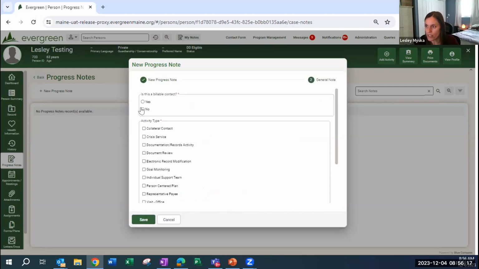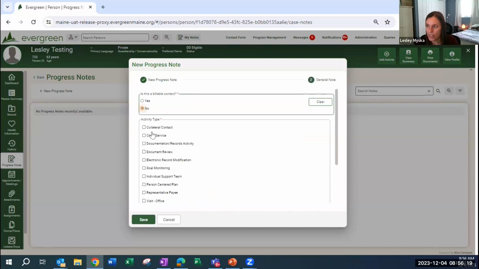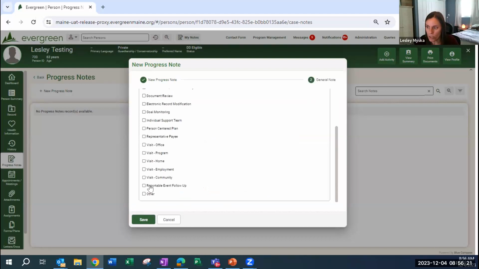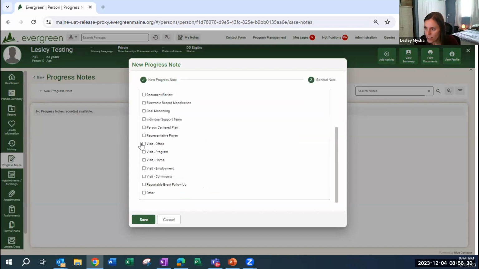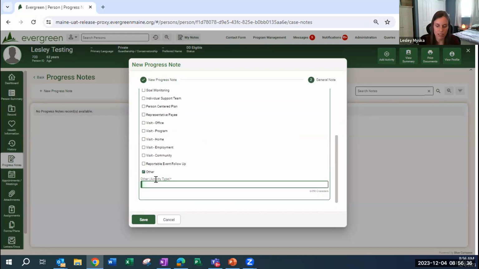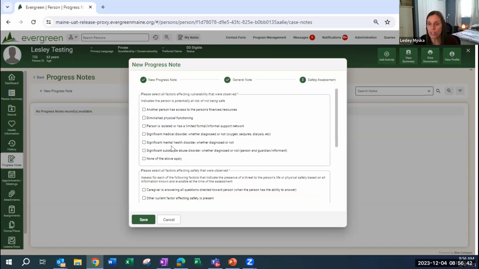You can say whether it's billable or not. You can indicate what you were doing there. You can call this a visit. Actually, we'll call it other, and we'll call it the intake assessment. And then you can save, and it will, because I selected in person and you were in person with that